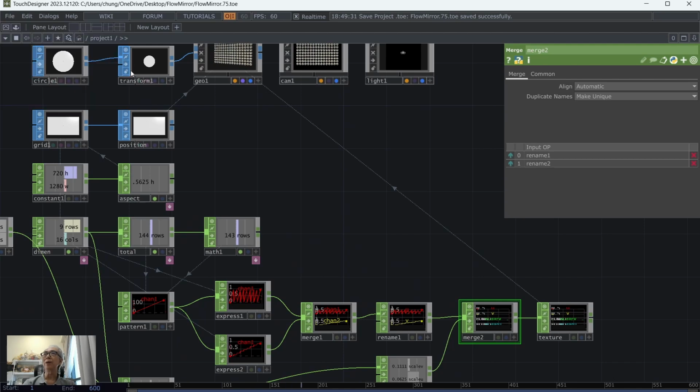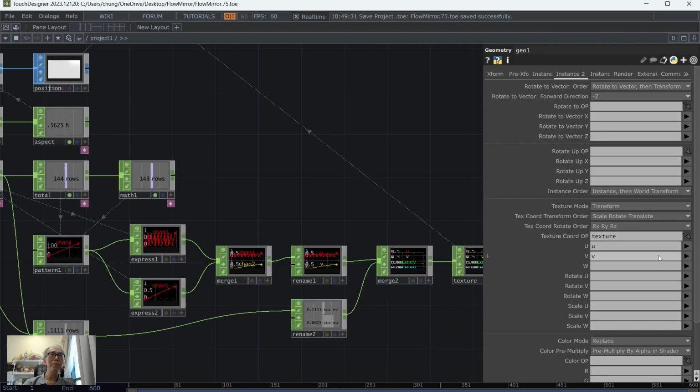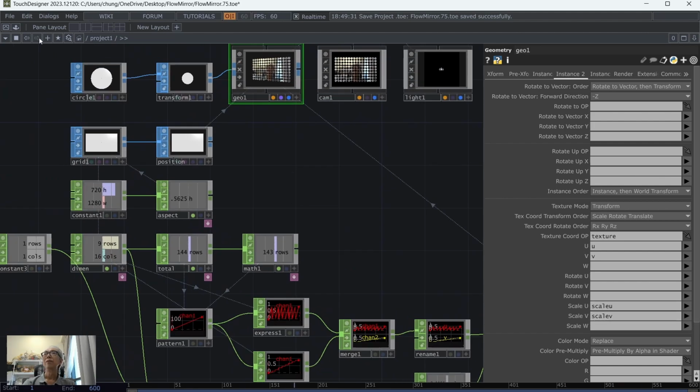we go back to the geometry instancing to choose the scale U and scale V for the two of them, and then you can see roughly from the preview that you have this kind of mirror display that more or less reflects what you are playing around in front of your camera. Okay, so that is the construction of the mirror, and the second thing we're going to do will be how we can make use of